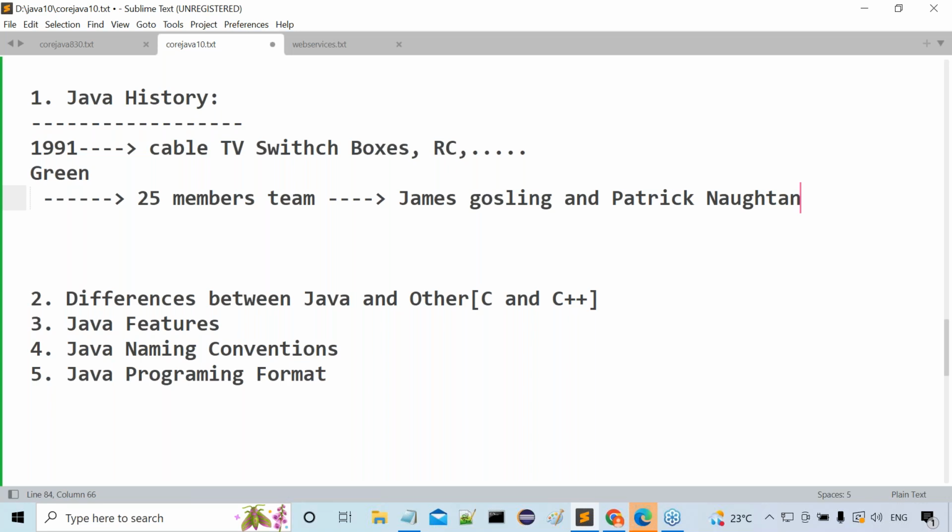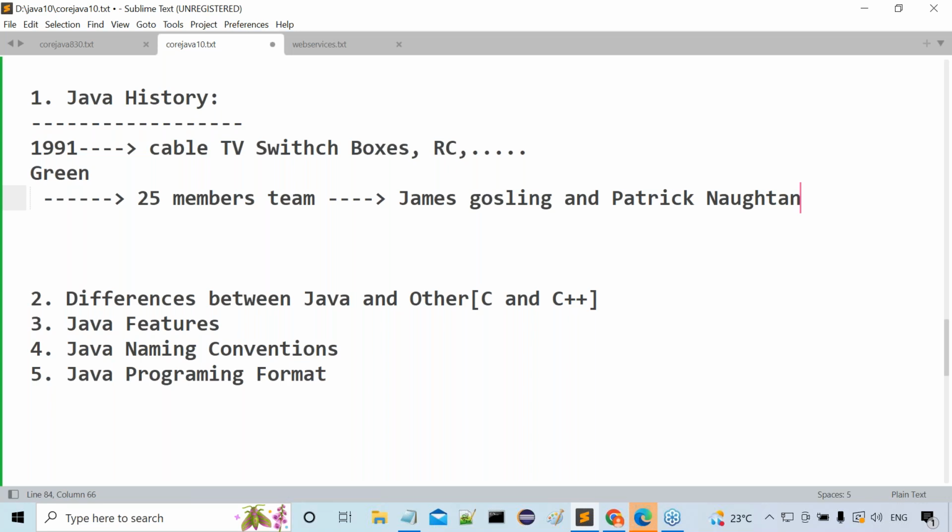be done by Patrick Nathan. But as a head, all the announcements would be given by whom? James Gosling. So who is getting more famous outside now? James Gosling. But the key person in Sun Microsystems is whom? Patrick Nathan. Observe carefully, both are key persons.